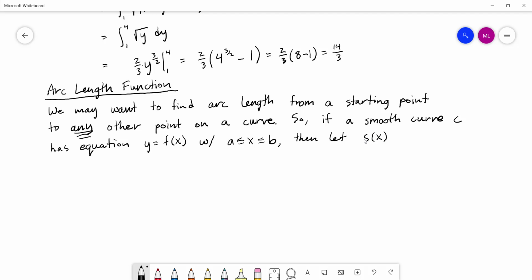S of x is going to be the distance along that curve from some initial point to an arbitrary point x. So let S of x be the distance